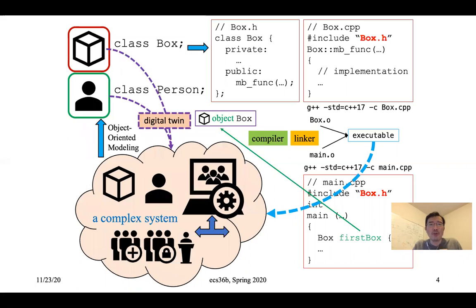So I actually show you in one of the slides. You probably remember earlier, the first time I talked about the object-oriented paradigm, I talked about how you define a class, and how you do separate compilation and linking together. But there was a picture I never really got into very much. That's the complex system I intended for you to imagine in your mind. From this complex system, you try to extract some small part that you can actually implement in the object-oriented paradigm.